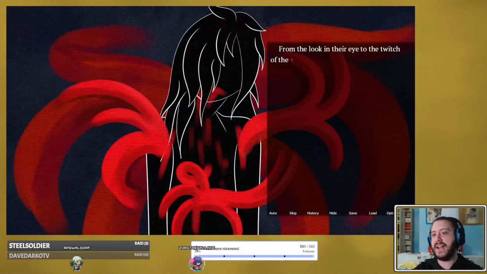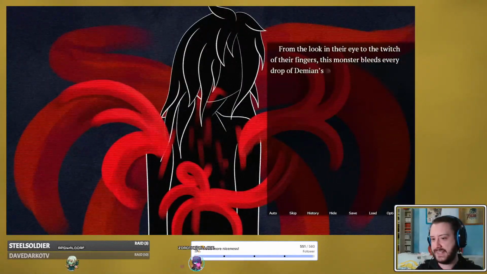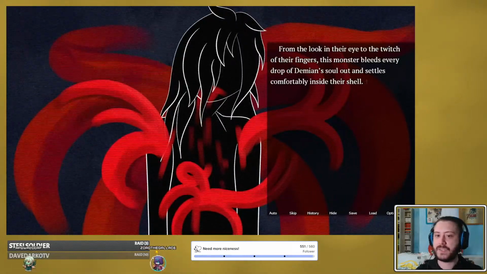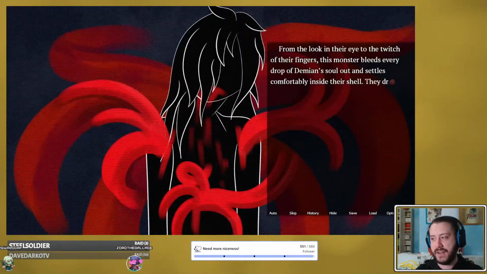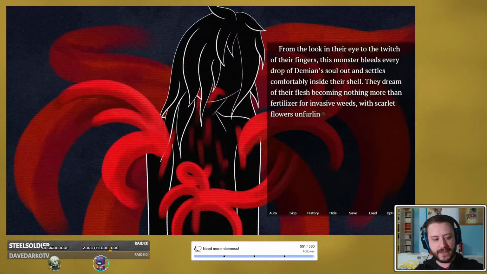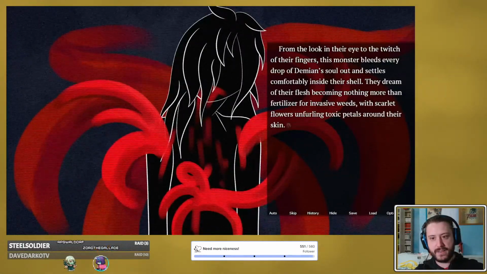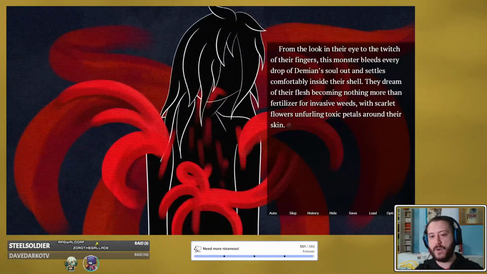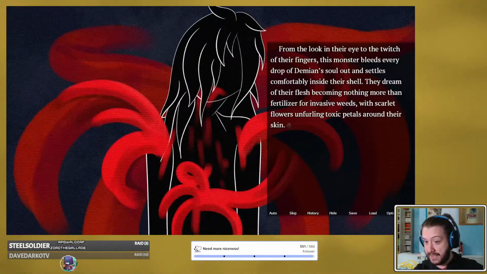From the look in their eye to the twitch of their fingers, these monsters bleed every drop of Damien's soul out and settle comfortably inside their shell. They dream of their flesh becoming nothing more than a fertilizer for invasive weeds with scarlet flowers, unfurling toxic petals